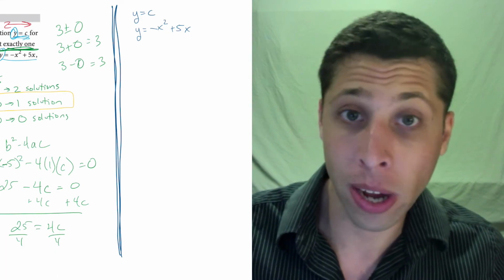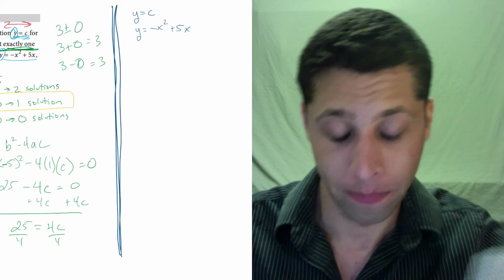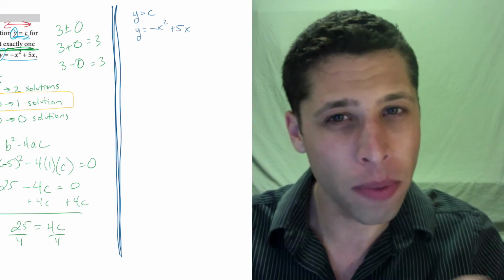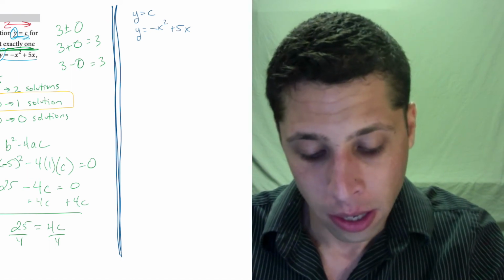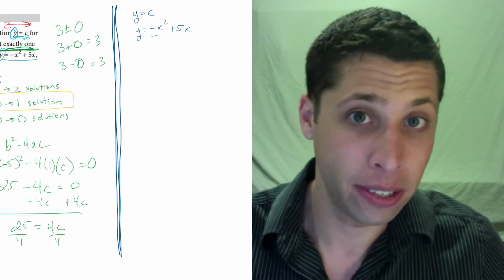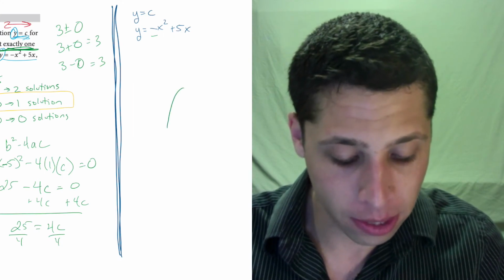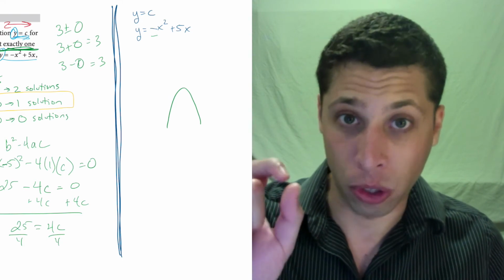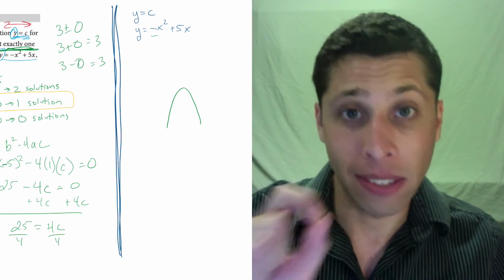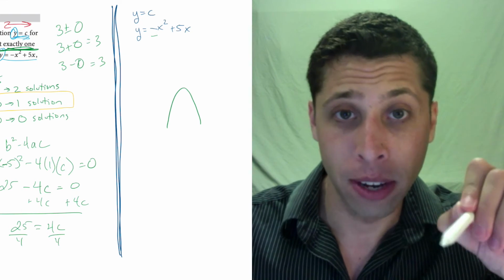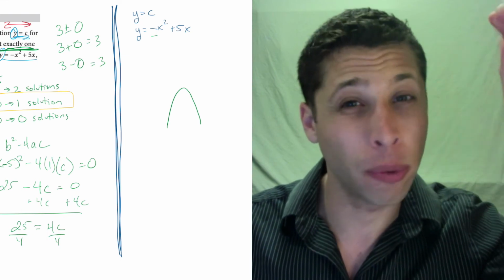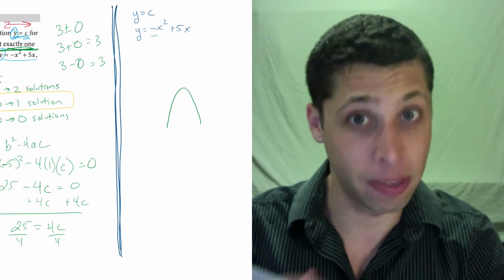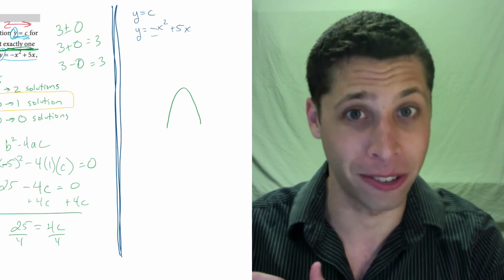Like I said, I know y equals c is just a horizontal line. I also know some things about this parabola. So this negative here tells me that this parabola is going to open like this, upside down. That is what's called the A term, and if it's less than 0, it's going to open as a frown. If it's greater than 0, it's going to open as a smile. We've seen that on other questions in this exact same test, so hopefully you've come across those videos and are